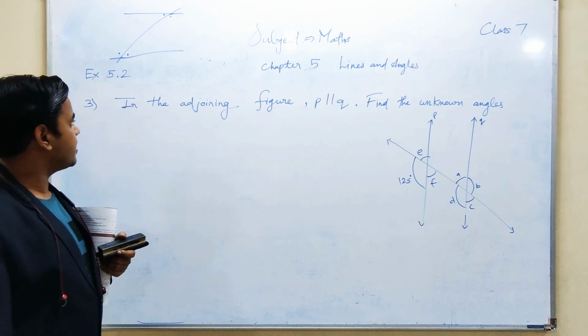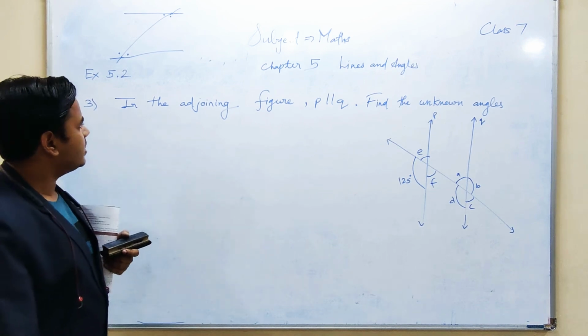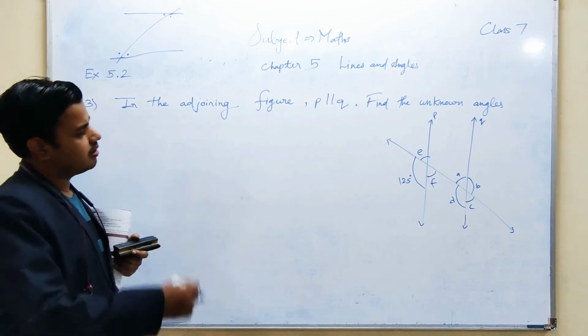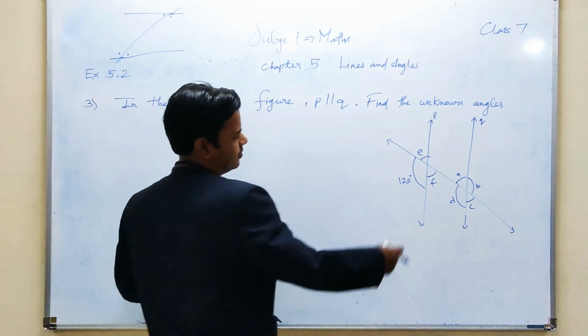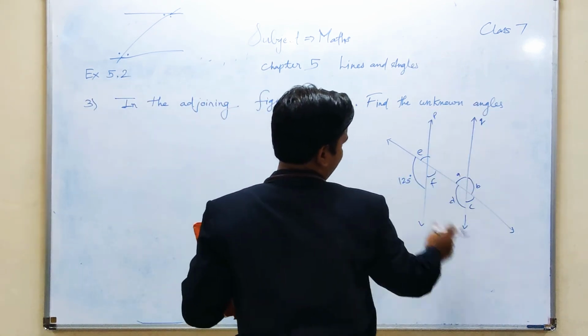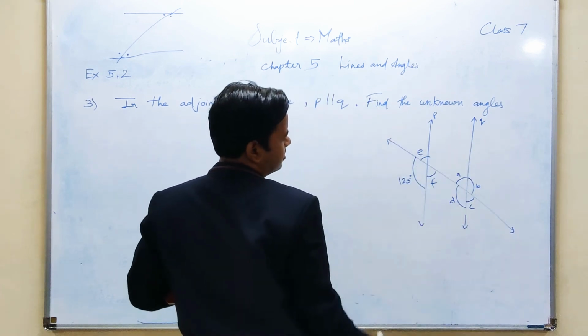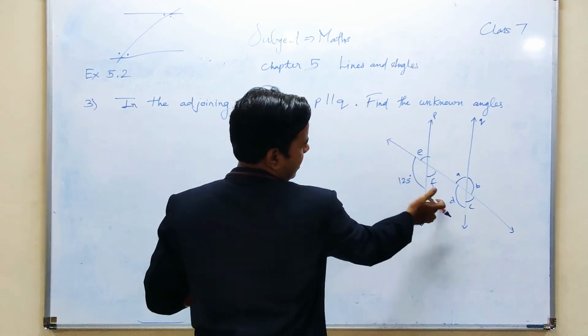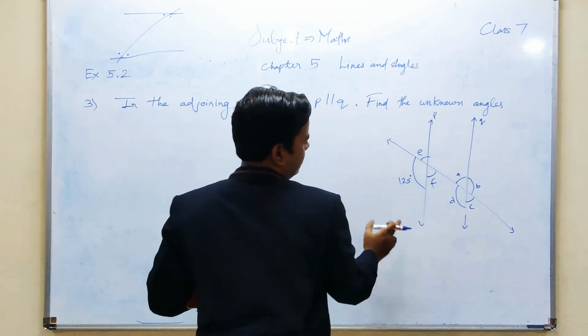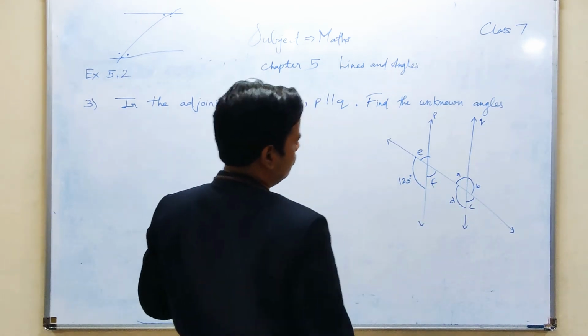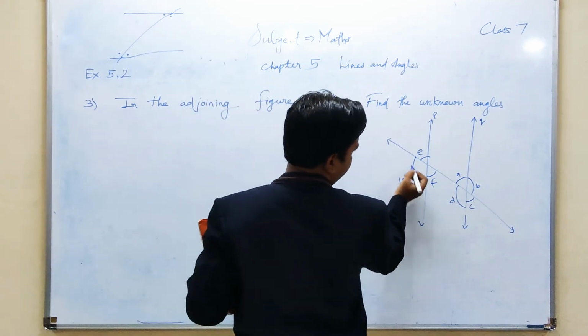So, our next example is example number 3. In the adjoining figure, P is parallel to Q. These two lines are parallel and this is your transversal. Find the unknown angles. So, here we have to find out E, F, A, B, C, D. One angle is given to us. Okay, so if we carefully observe this